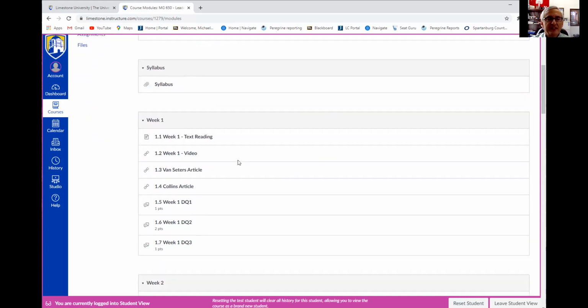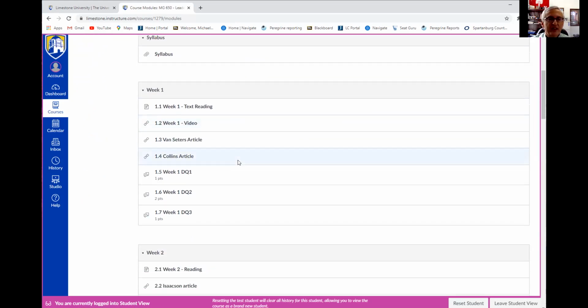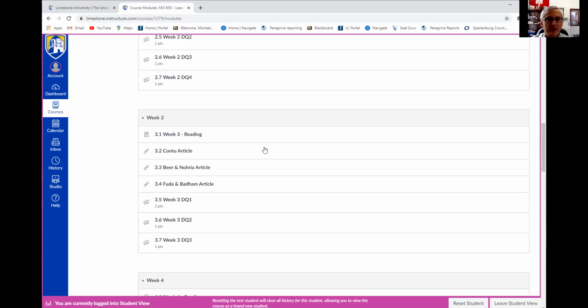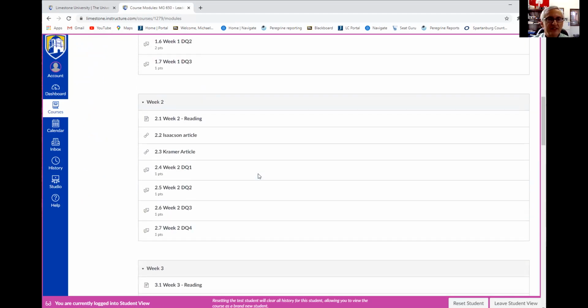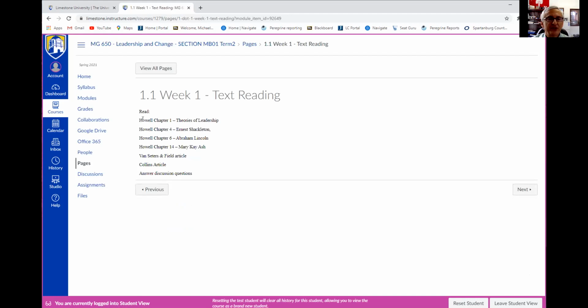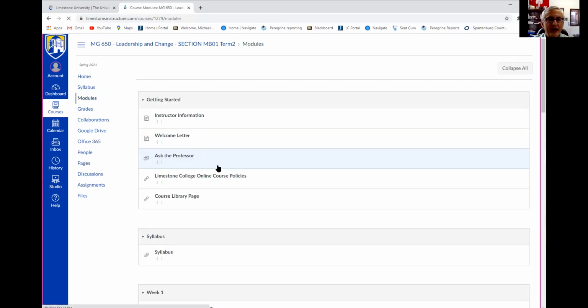So how we've got this separated is each week we have assignments, and you can see as we go through that each week there are different assignments, and we'll go back to week 1. The text reading is really just, again, it tells you what chapters in the text to read, as well as what other articles, and then answer some discussion questions. So if we go back,